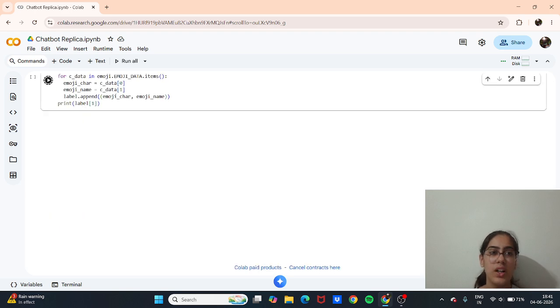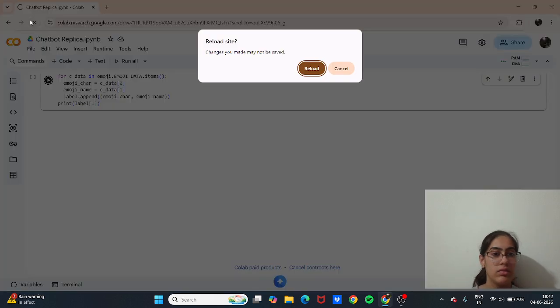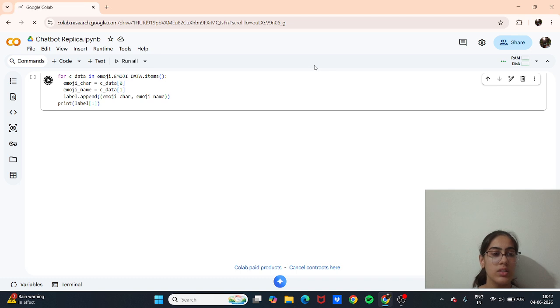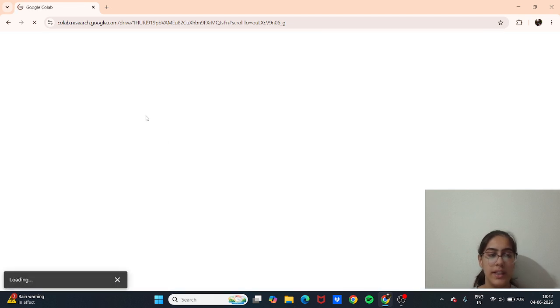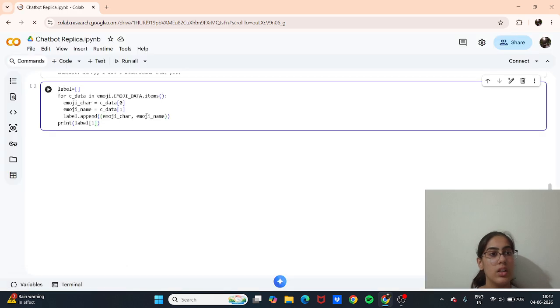It will take time to run, but I'll just tell you what it's supposed to do. It is actually supposed to give a medal as an image. So once it gives that medal, we all get very happy, like, yes, I got a medal on it. And that's how it's supposed to work. I'll just reload it and then run all so that any problem it's having just doesn't go on effect.